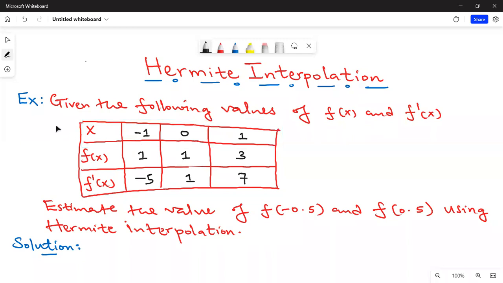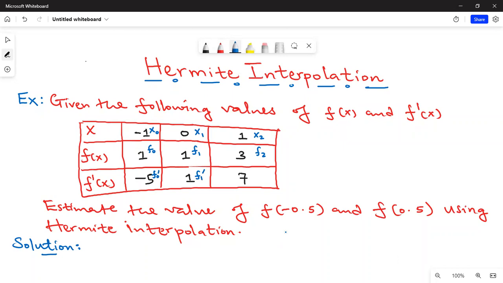Now we have this question. We are given the following table for the values of f of x and f prime of x, as you can see. Now we are asked to estimate the value of f of negative 0.5 and f of 0.5 using Hermite interpolation. So from our table, this value is x naught. This is x1, this is x2. F of x values here will have x, f naught, f1, f2. Similarly, the values of f prime of x, here we have f naught prime,